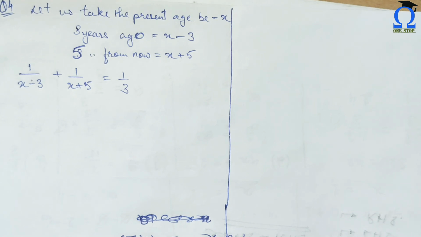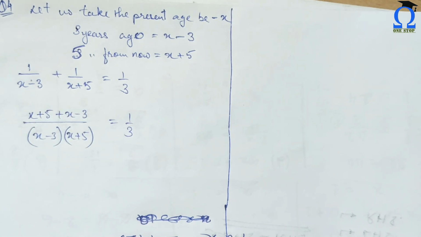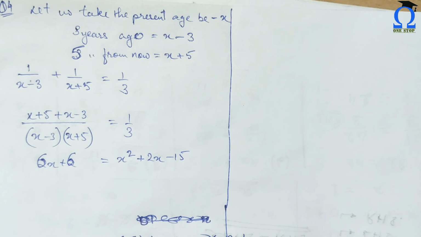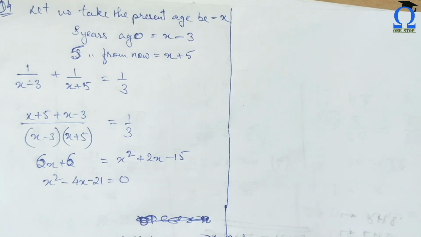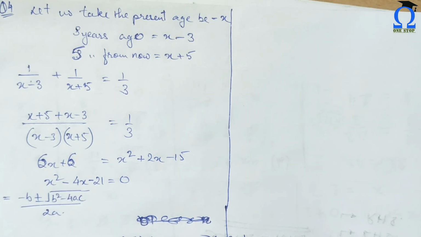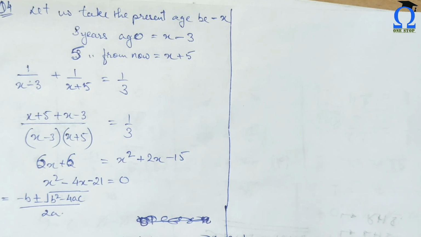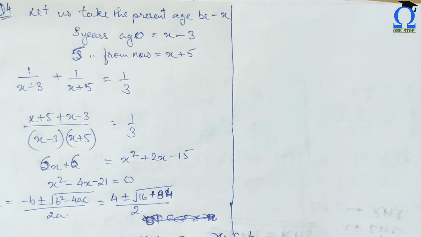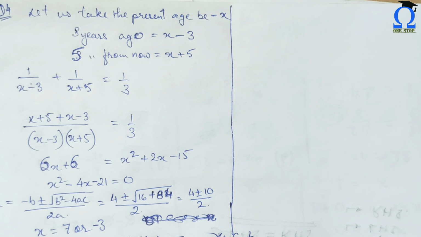Now solving this, just like the previous question, we will get our quadratic equation. So our final equation is x square minus 4x minus 21, and we will be solving this equation with the help of the quadratic formula. So just put the value of a, b and c here, and we will get the value of x. See here students, we can apply any of the 3 methods here unless it is mentioned in the question. Okay, if the question mentions a method, then you have to use that method only. So our answer is 7 and minus 3.